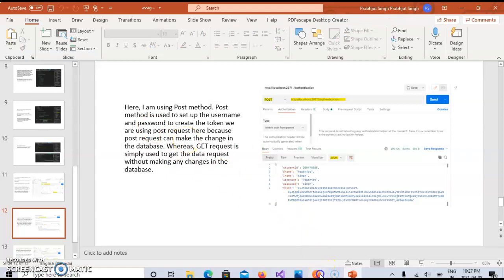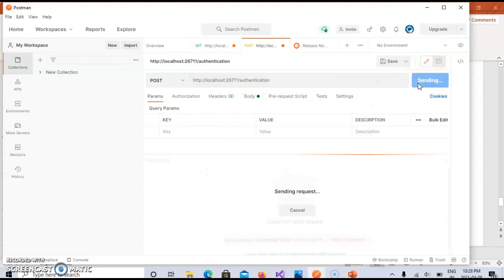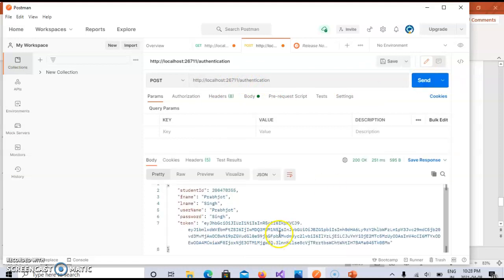So how this is working: in Postman, I send a POST request to the web application, and this is the information I send over there. Now after this, the web application has the token, and I have the authentication to get the content from the web application.